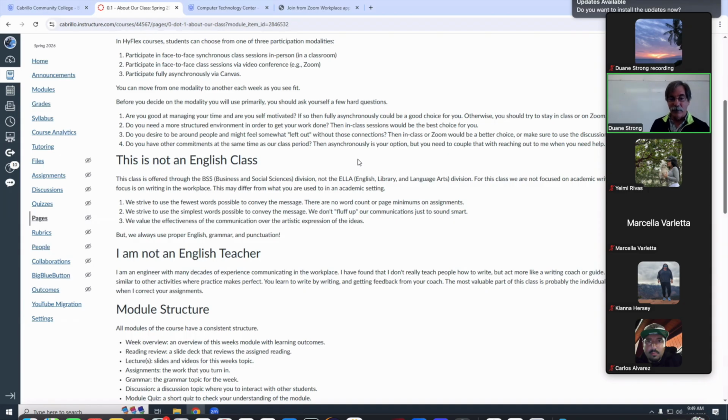For example, we strive to use the fewest words possible. There's no word counts or page minimums. Like when you get an assignment in an English class, it's like, you got to do 200 words or you got to do 10 pages, whatever. No. We try to get the smallest number of words possible to convey the message. We strive to use the simplest words possible to convey the message.